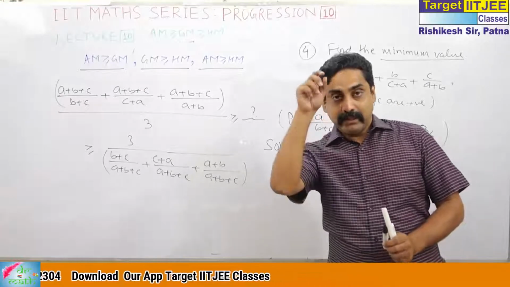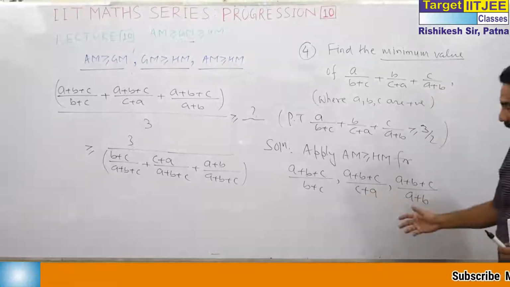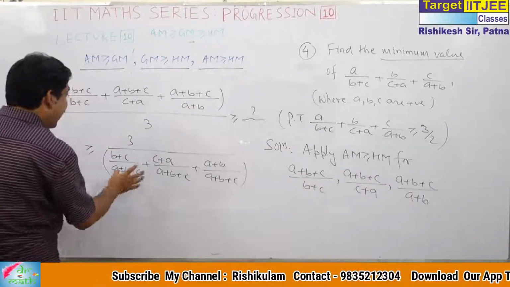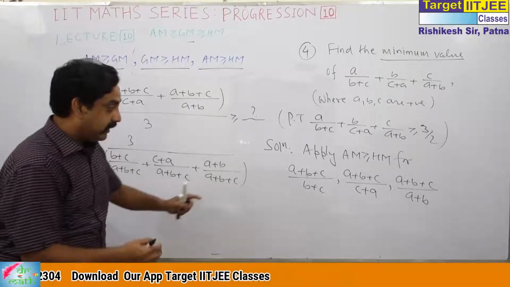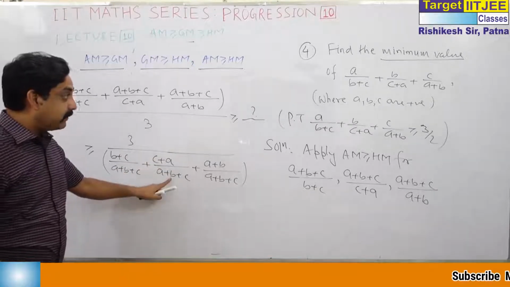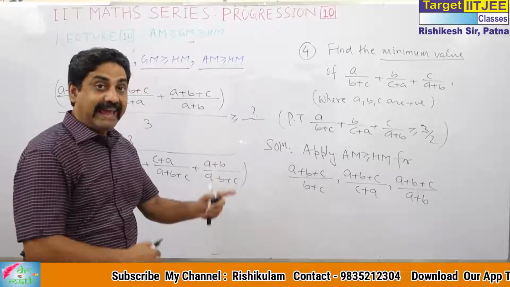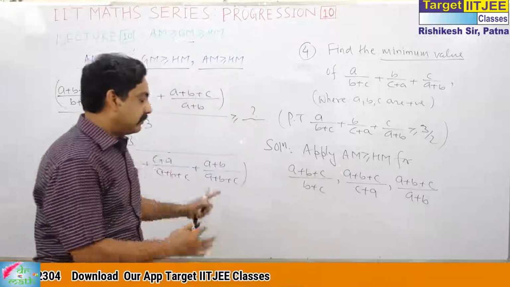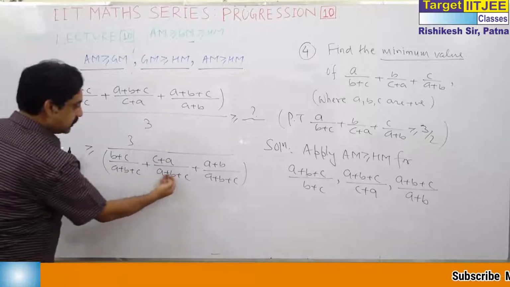Simply think, because when we take A plus B plus C as the numerator, the denominators are the same and we can add them easily. If we take A by B plus C, then it is B by C plus A, C plus A by B in this case, and A plus B by C in this case. So we have done a modification by making the numerator the same, so that when we go for the denominator, it is the same quantity.